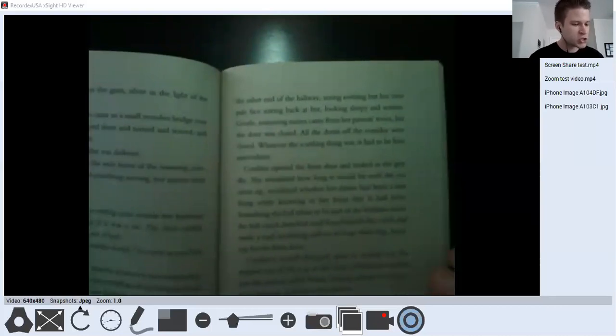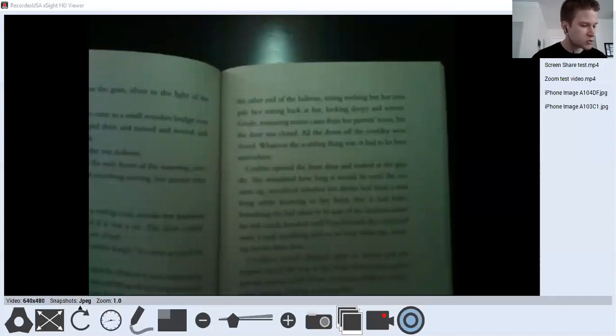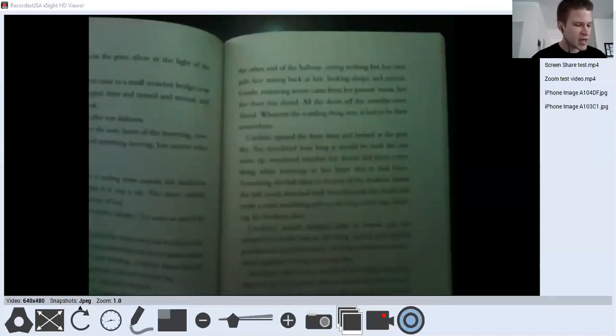Gentle, reassuring snores came from her parents' room, but the door was closed. All the doors of the corridor were closed. Whatever the scuttling thing was, it had to be here somewhere. Coraline opened the front door and looked at the gray sky. She wondered how long it would be until the sun came up, wondered whether her dream had been a true thing, while knowing in her heart that it had been.